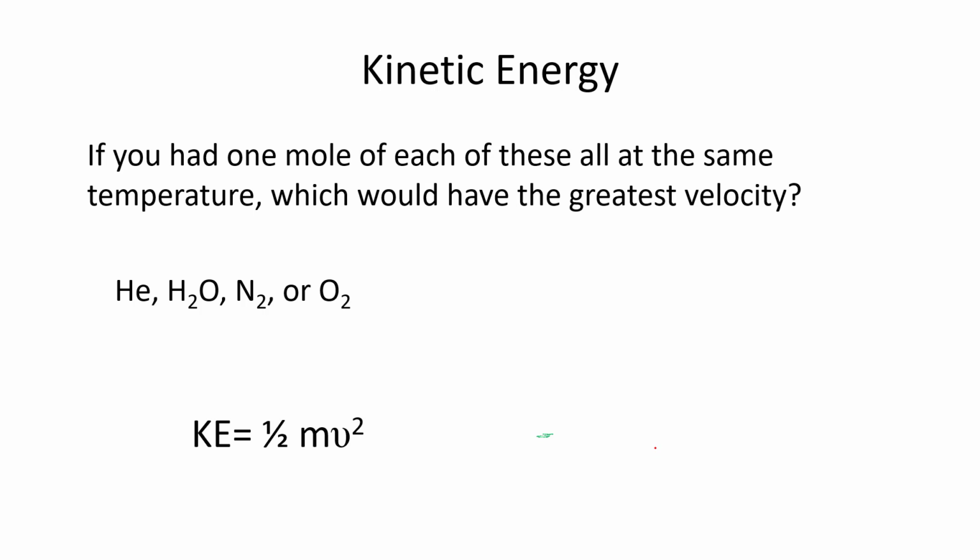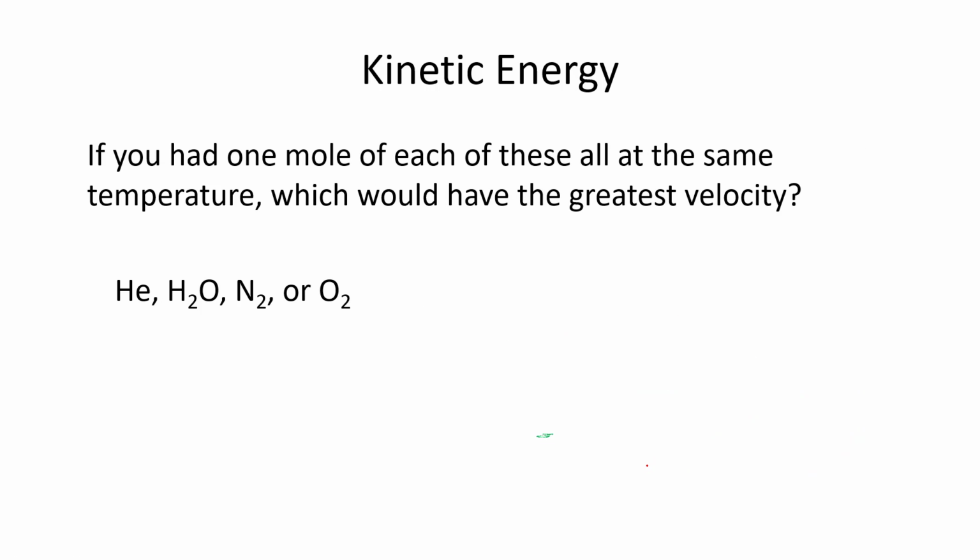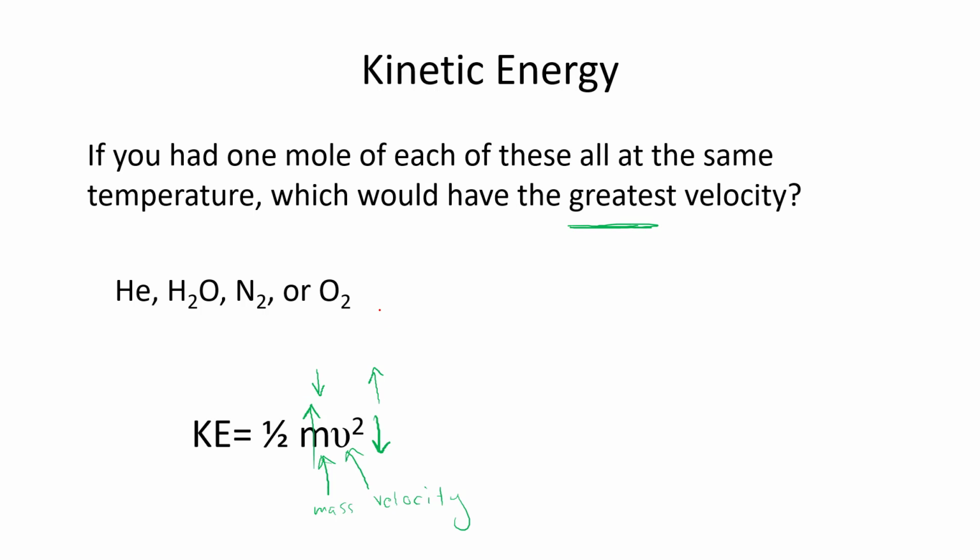So if you know the temperature, then you know that they have the same average kinetic energy, because on this one you said same temperature, same kinetic energy. So they all have the same kinetic energy, but what do you think these variables stand for? We have a mass and a velocity. So what that means is if we have a large mass, we have a small velocity. And so if we're looking for the greatest velocity, then we want the smallest mass. And so you look at each of these molecules and figure out which one's smallest,